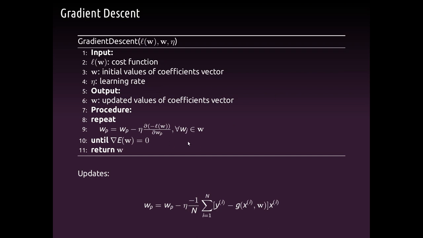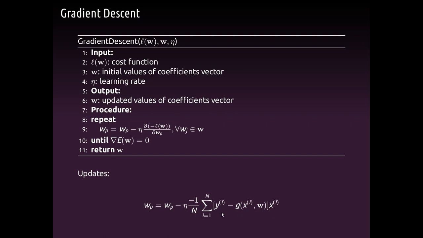So here we will replace the derivative of the error function in the case of linear or nonlinear regression methods with the derivative of our cost function, our log likelihood function that we have computed in the previous video, and it is simply equal to minus 1 divided by n multiplied by the sum of the difference between y super i minus g of x super i and w, multiplied by x super i, which I have mentioned before